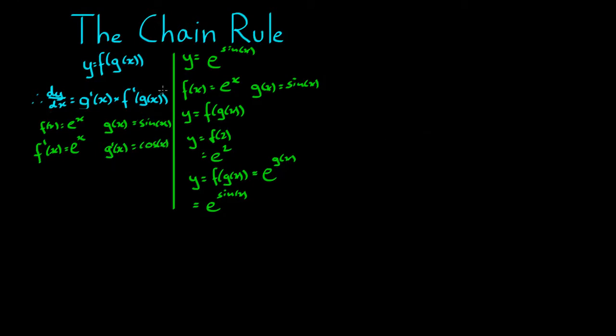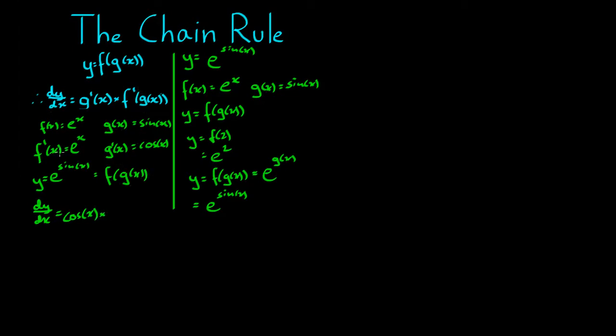So now we have everything we need to fill out this formula. We know that y equals e to the sine of x, which is equal to f of g of x. So dy dx is equal to g dash x. Where's that? That's over here. So cos x multiplied by